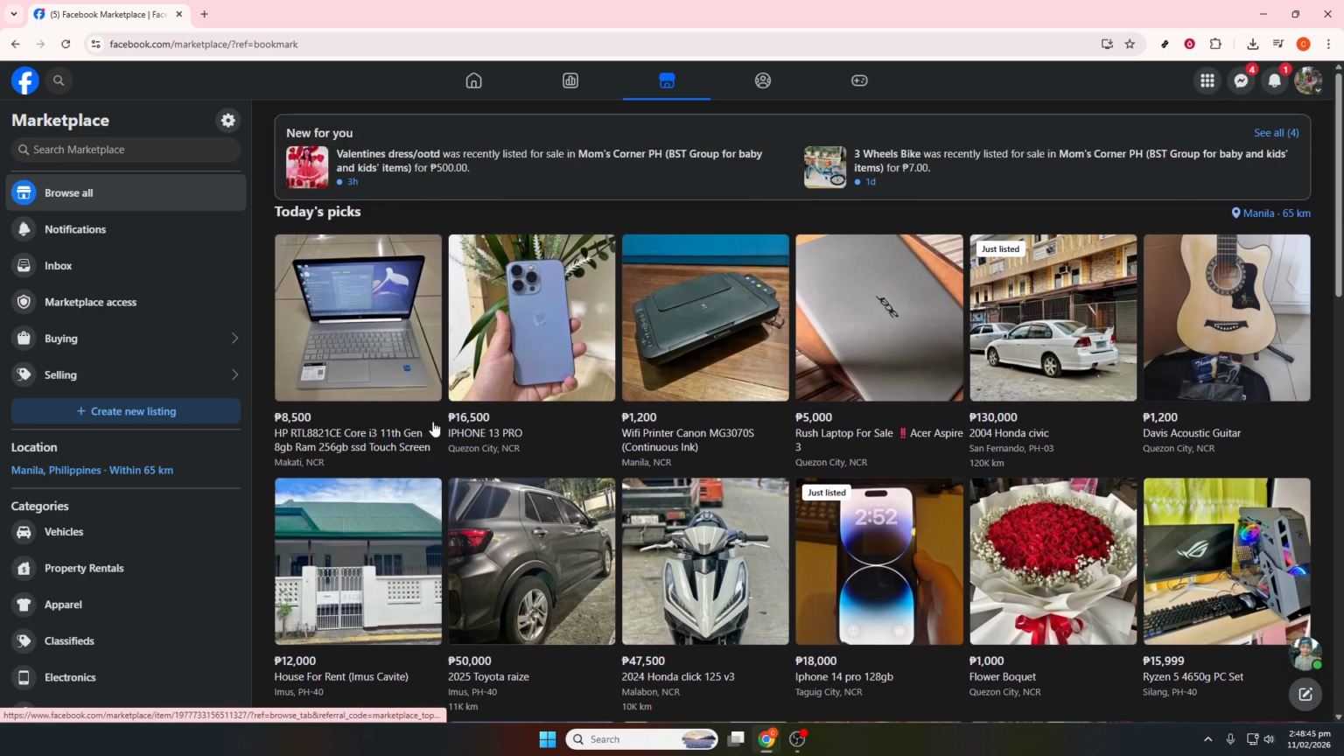That's it. By using Commerce Manager, setting up your shop, adding complete product details, and enabling checkout where available, your Facebook order